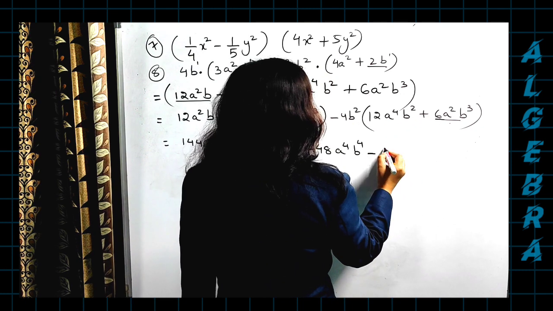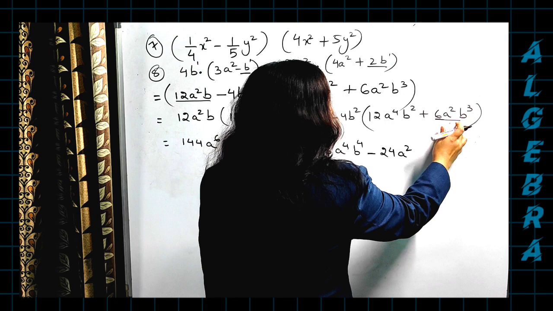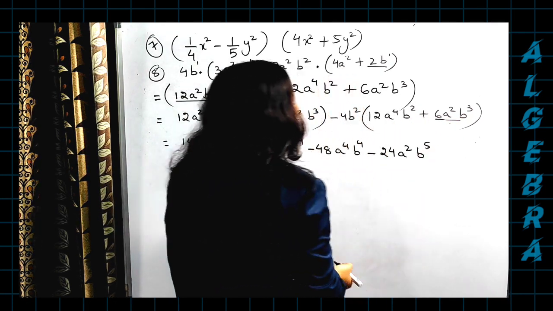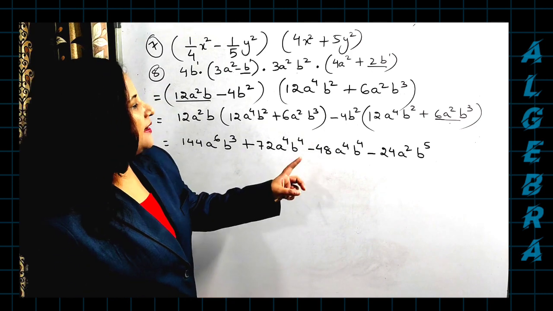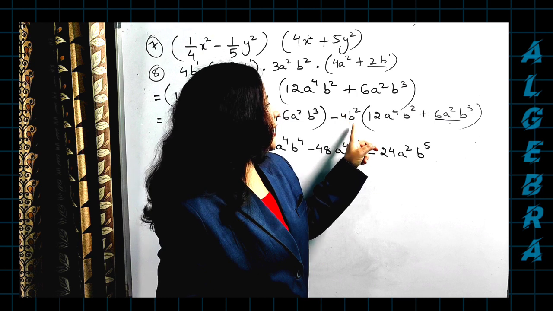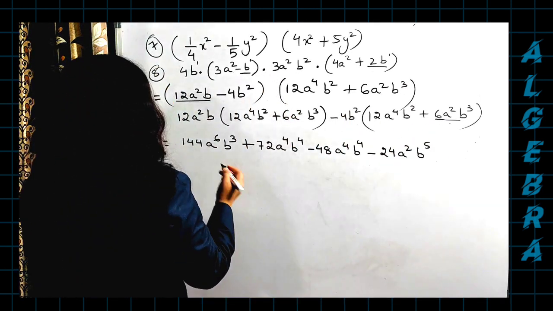Now again here minus multiplied to plus, minus with the second term we are multiplying now. 4 6s are 24. a square is single. b to the power of 3 multiplied to b to the power of 2, the power becomes b to the power of 5. Is the idea clear with everyone? 4 6s are 24. Minus into plus, minus you have written. a is single, so a square, b to the power of 3 plus 2.